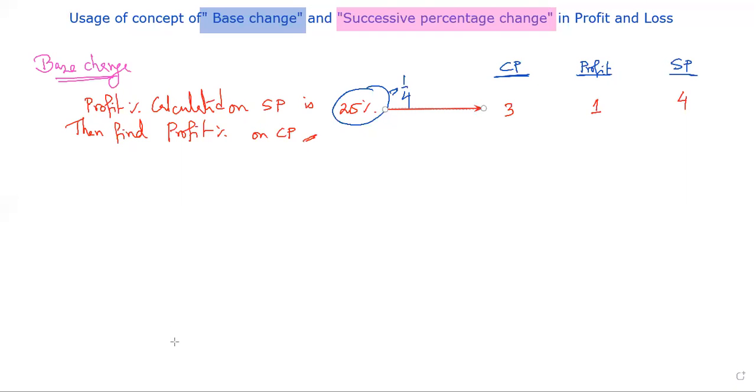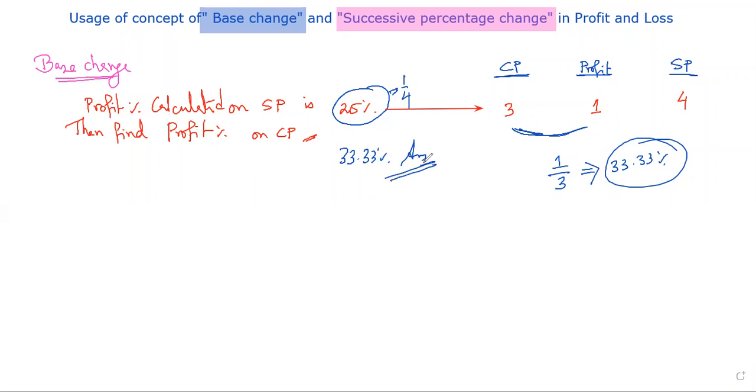And once it has been taken, next information is I need to find the profit on cost price. So profit, cost price, sale price, everything I have received, but in ratio format. So actual profit on cost price, that means these two data are important here. What is actual profit? 1, and on cost price means 3. So the fraction needs to be 1/3, and it is nothing but 33.33%. So our calculation, what is the profit on cost price? It should be nothing but 33.33% answer.